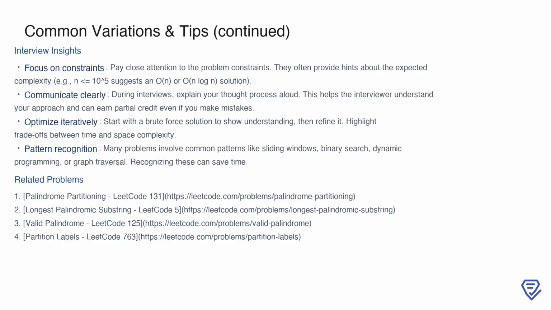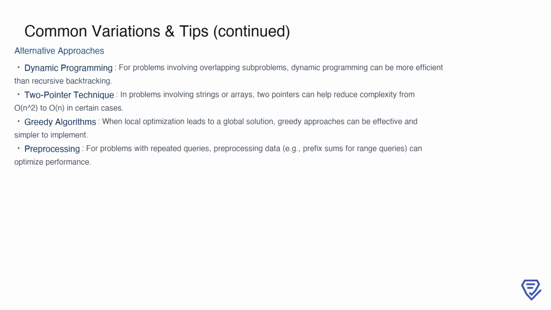Additionally, exploring related problems can deepen your understanding. For instance, problems like palindrome partitioning, longest palindromic substring, valid palindrome, and partition labels are all closely connected to the techniques used for this problem. Reviewing these can help reinforce key concepts and prepare you for variations. Finally, let's explore some alternative approaches that can be effective for problems like this. Dynamic programming is especially useful when you encounter overlapping subproblems. By breaking the problem into smaller, manageable pieces and storing intermediate results, you can often achieve significant performance improvements over